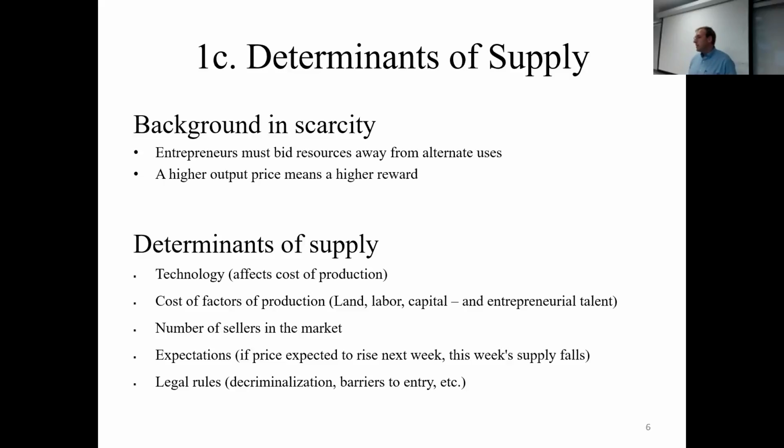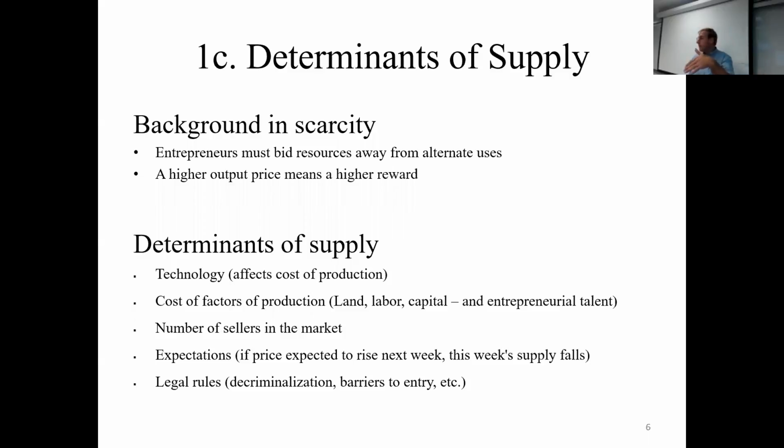Criminalization or decriminalization. What do you think happened to the supply of alcohol in the US after the passage of the 18th Amendment? It went down significantly. No, it did not go down to 0. But with Prohibition, it went down significantly. After the passage of the